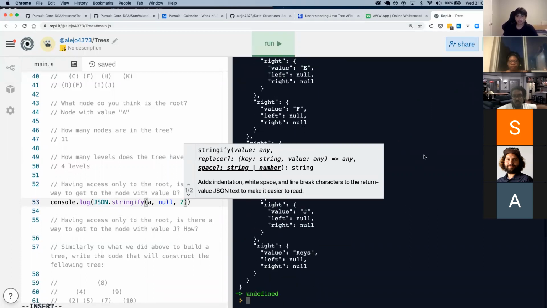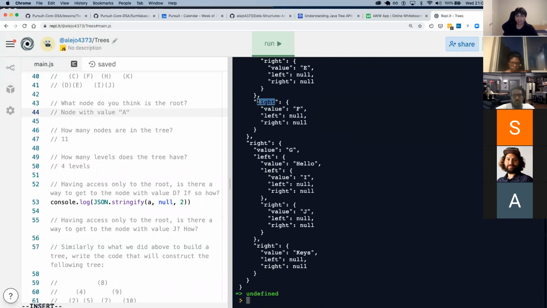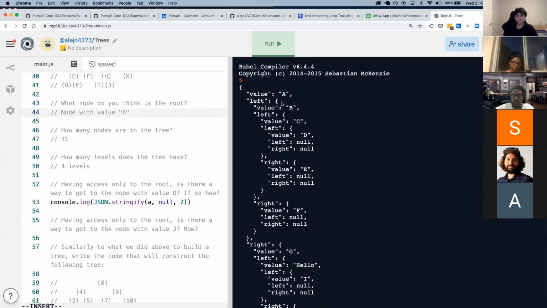Yeah, this is what it will look like, more formatted a bit. We see the left of A. Oh, I don't know why this is pulling it down. The left of A is B, the left of B is C. But what I wanted to explain with this is how they look like they're inside of it. It looks like C is inside of B and B is inside of A.